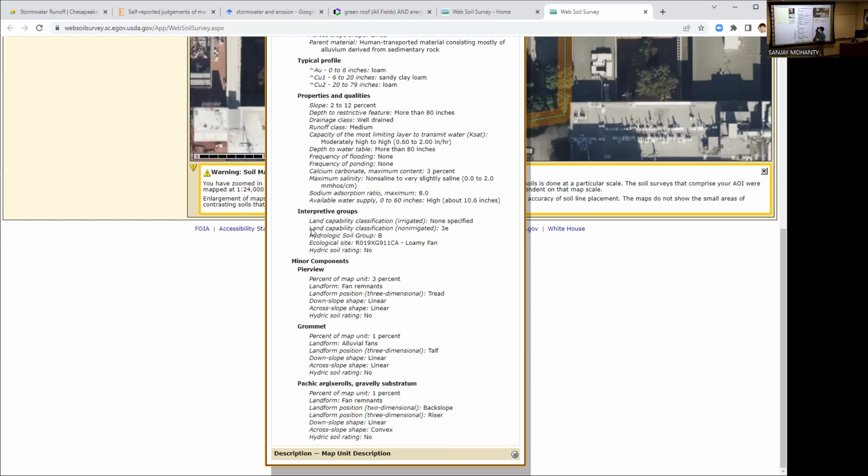So this is how we can go to any site in the US and find the soil group information. This is something you should do as part of your project. If you have a site, you should go there and see the locations, and you can decide whether there will be infiltration or not. At least you can write the discussions. Okay. Any question on this?